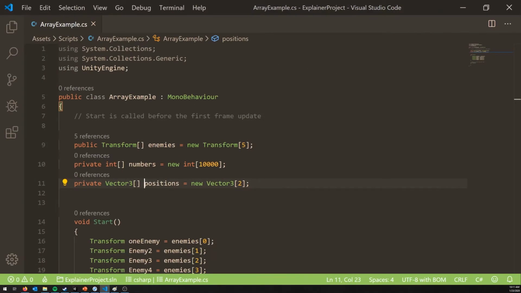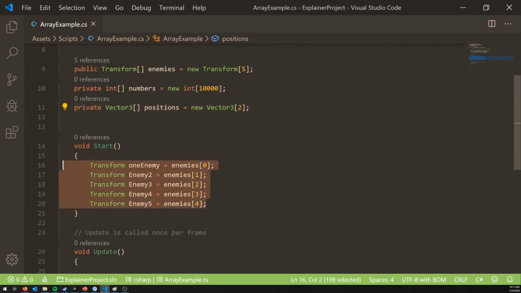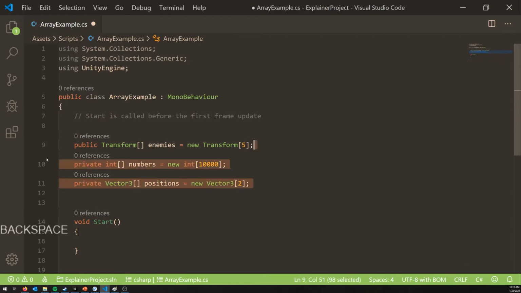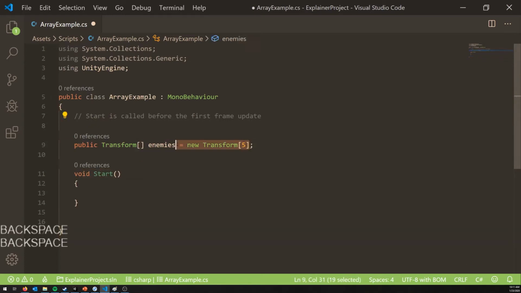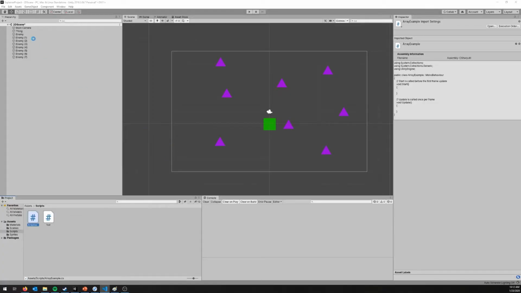That is everything I wanted to talk about with arrays, except let's look at 3 different useful patterns for how we use them. So let's get rid of this code. And first, I say we always need to create them and declare how large they are, but you don't always need to type that. If it is public, you can go into Unity